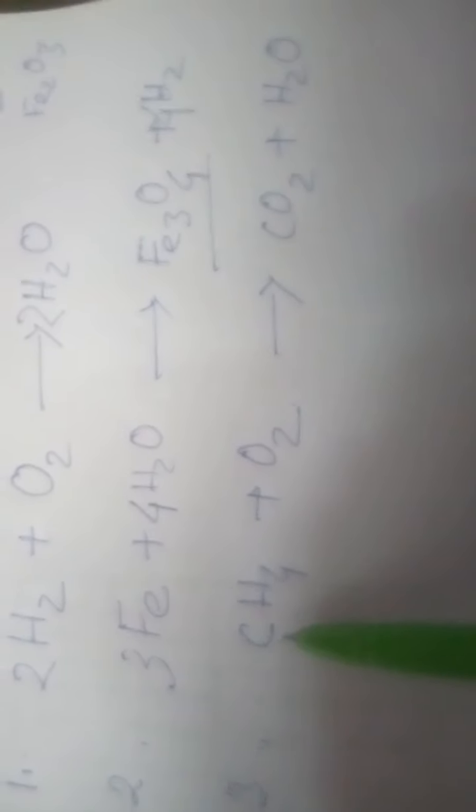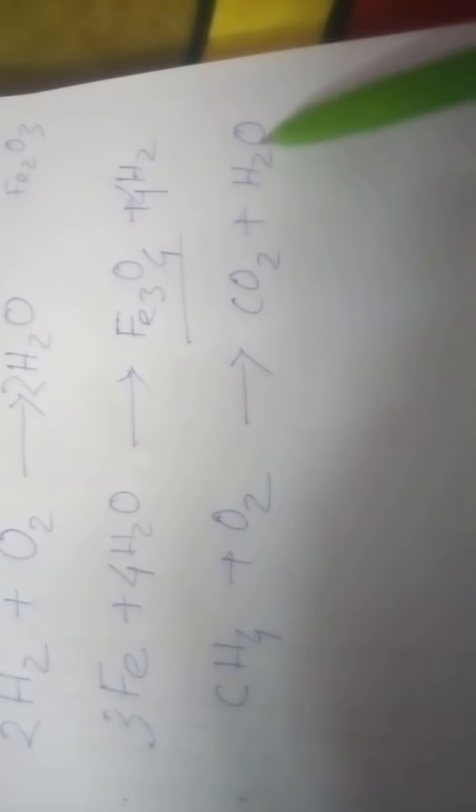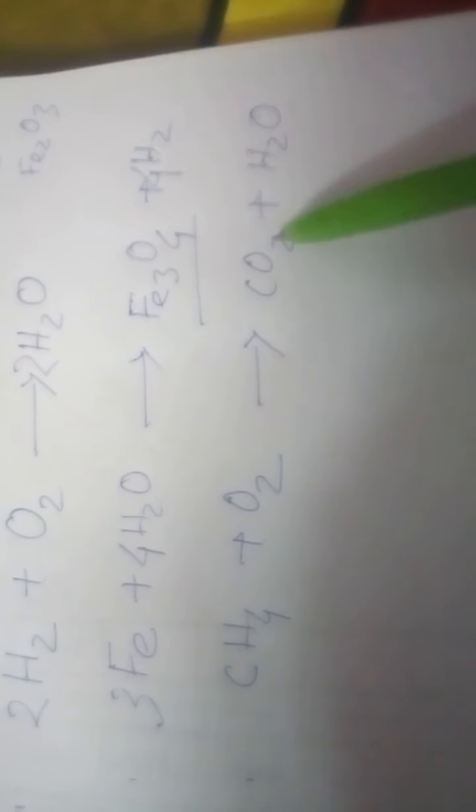Similarly, we will take one more example. Suppose the burning of methane. This is the methane gas. If you burn it, then it will give you carbon dioxide and water. Now in this case also you see that the carbon atom on the reactant side is 1, and the carbon atom on the right hand side, means the product side, is also 1, so that is balanced. Oxygen atoms on the left hand side are 2, but oxygen atoms on the right hand side are 2 plus 1, so as a whole it is 3. That means it is not balanced, so we have to balance it.